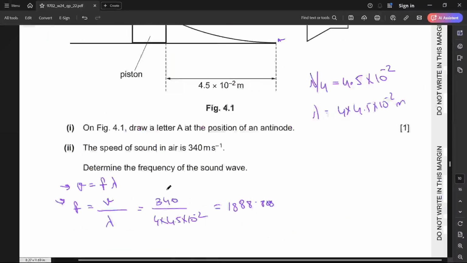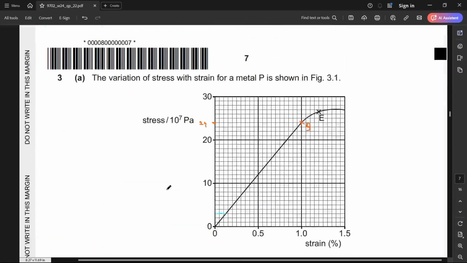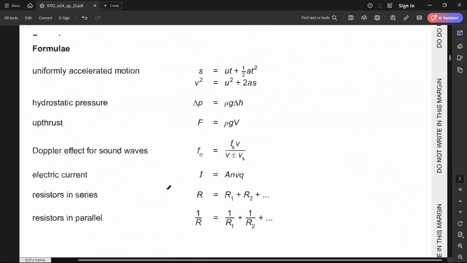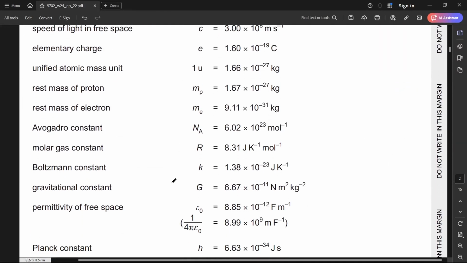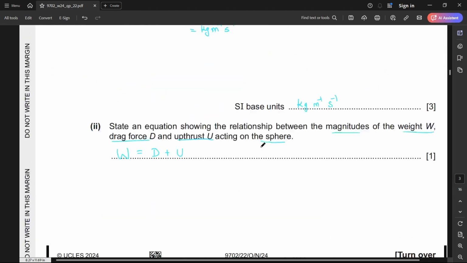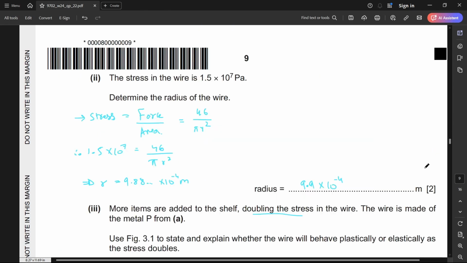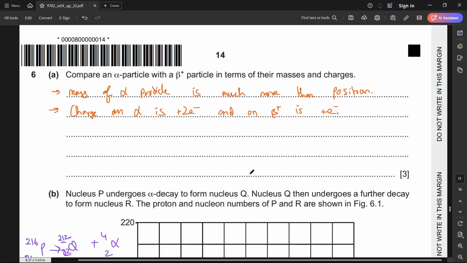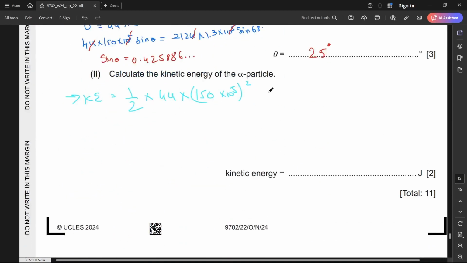And the value of u, you can find it in the top 2 pages or in the calci, depending on what type of calci you are using. You will get the value of c over there also. Sorry, u over there also. So 1.66 into 10 power of minus 27. Scroll down. 1.66 into 10 power of minus 27, where you can write that u is equal to 1.66 into 10 power of minus 27 kgs. So based on this, if I solve this, 0.5 into 4 into 1.66 into 10 power of minus 27 into 150 into 10 power of 5 whole squared,